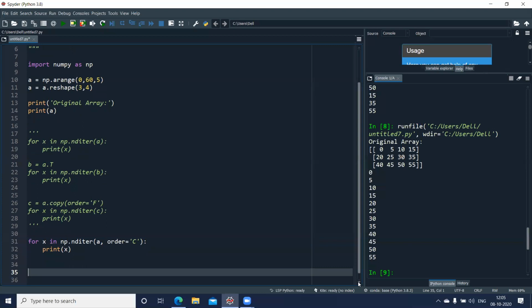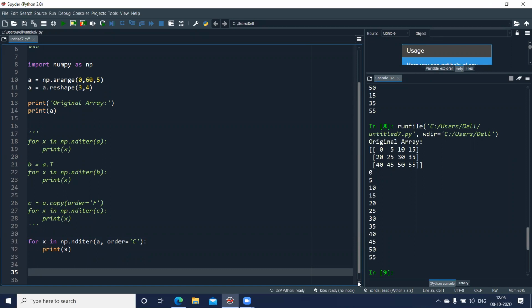Next, you can also modify your array values using the nditer object. It has another optional parameter called op_flags, which can be set to read-write, read-only or write-only mode, which enables you to modify your elements. Now we'll take one small example here. Let us take one element at a time and multiply it by 2 and check how it can be done using nditer.